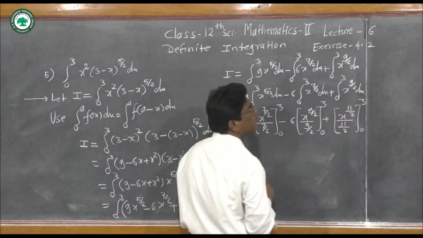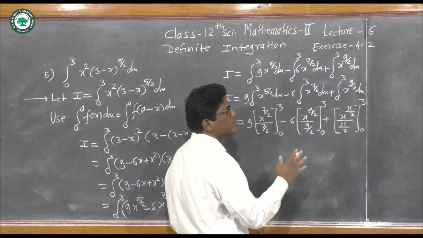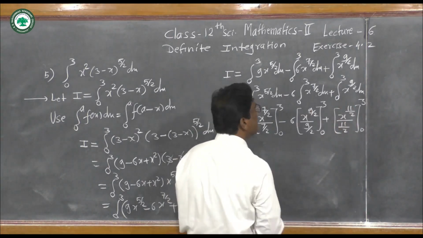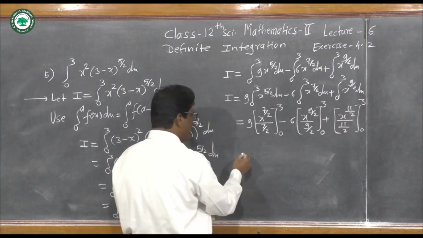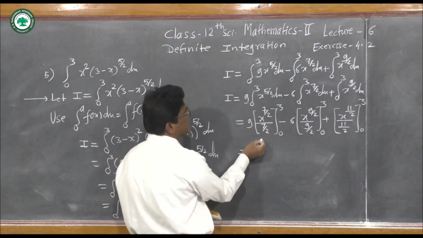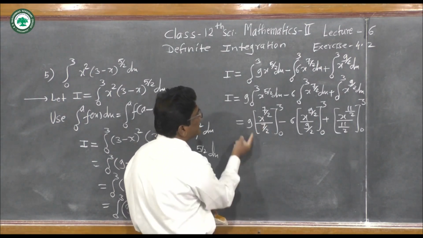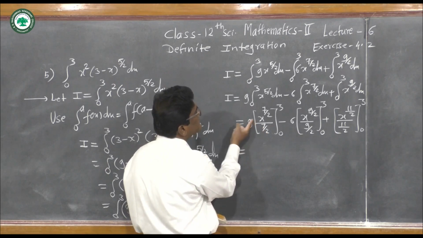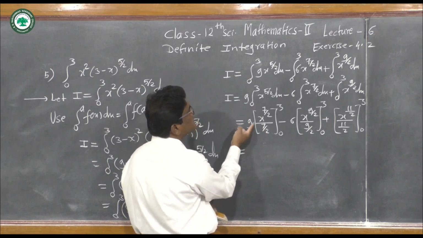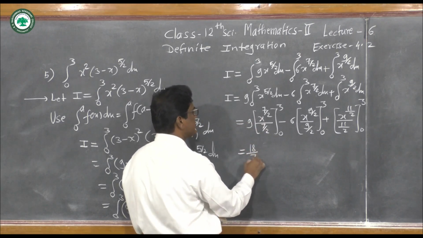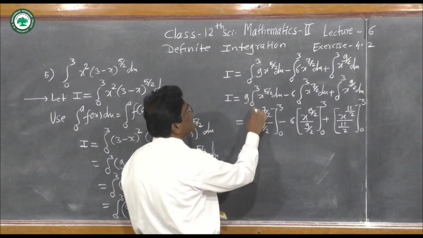9 by 2 plus 1, that is 9 plus 2 into 1. 9 plus 2, 11 by 2 divided by 11 by 2. So it is equal to this 9 as it is, and we take this 7 by 2 outside this square bracket. We write here this 7 by 2 as 2 upon 7. So 2 upon 7, so 9 to the 18, so 18 upon 7, 18 upon 7, and in square bracket